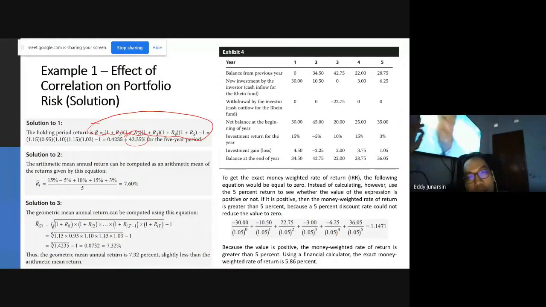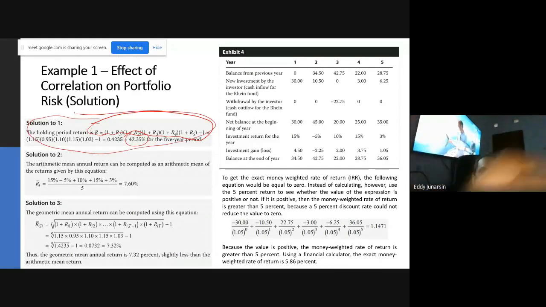So if you have 100 million, for example, from the beginning, at the beginning you have $100 or euros. At the end you have 142.35 by knowing the holding period return. Again, it's not that meaningful. You just want to know how your money will end up from a certain amount of money.